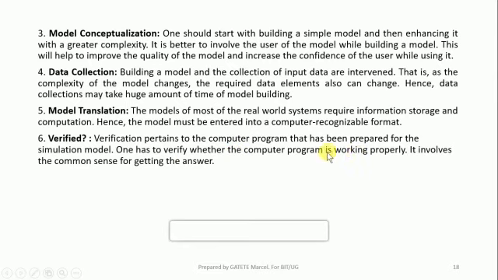I have to check if my computer program is working properly. This will help me get a correct answer. If your computer program is not working properly, it means that maybe you will get a wrong answer or no answer at all. So this verification pertains to the computer program, which has to provide answers. I have to verify if it is working properly or not.